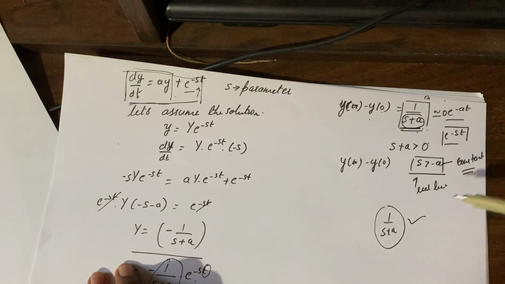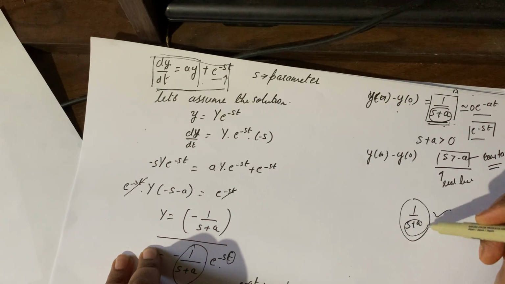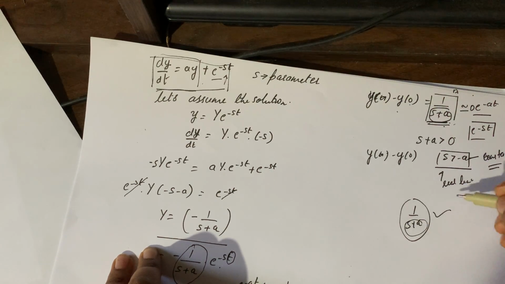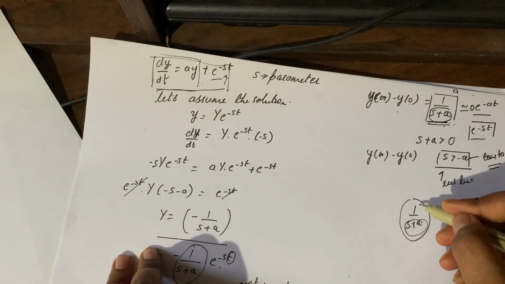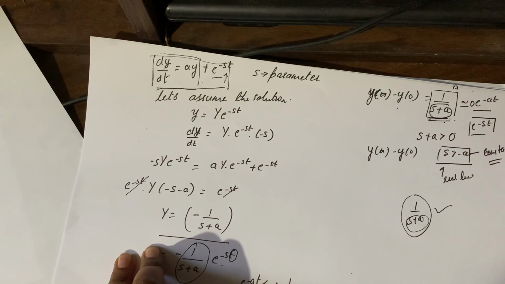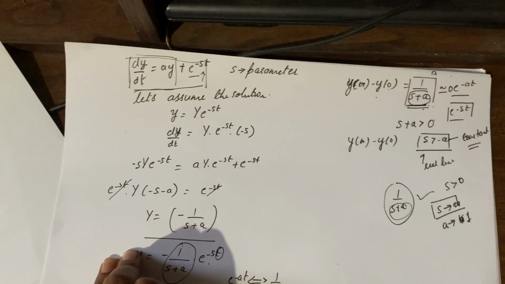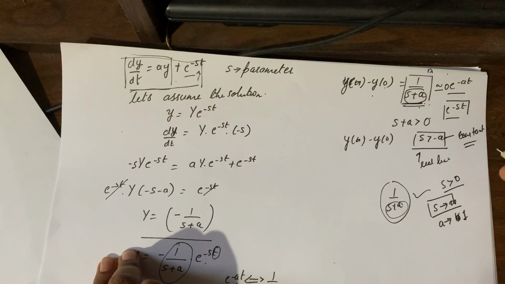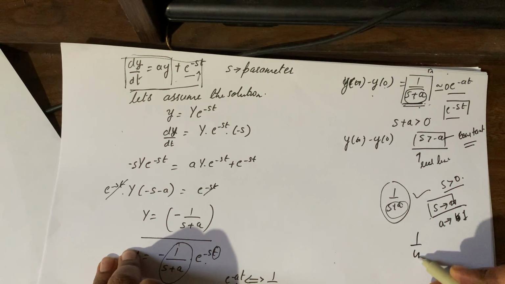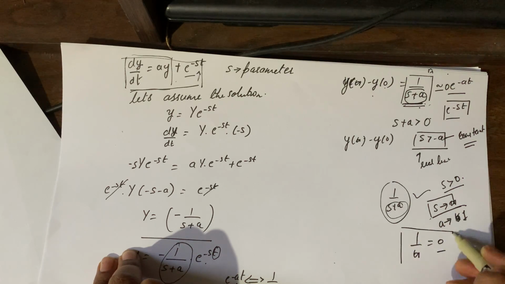But here, I know that when this is getting very much larger, as it grows to infinity or some value, this is going to go to 0. So say when s tends to infinity, and a is a constant, say some value 1. When s tends to infinity, that is when s is greater than 0, you can see the same constraint that I put in the Laplace transform is holding here. So when s tends to infinity, 1 by infinity also tends to 0.